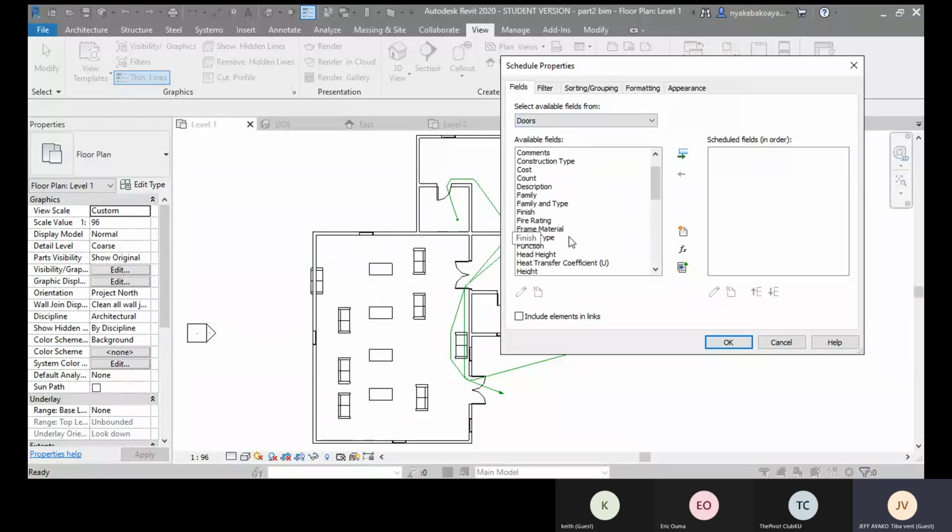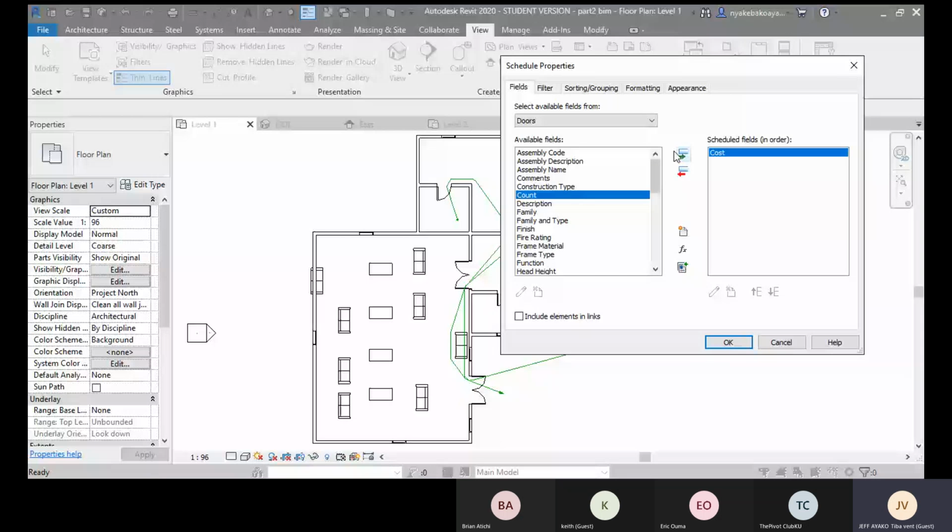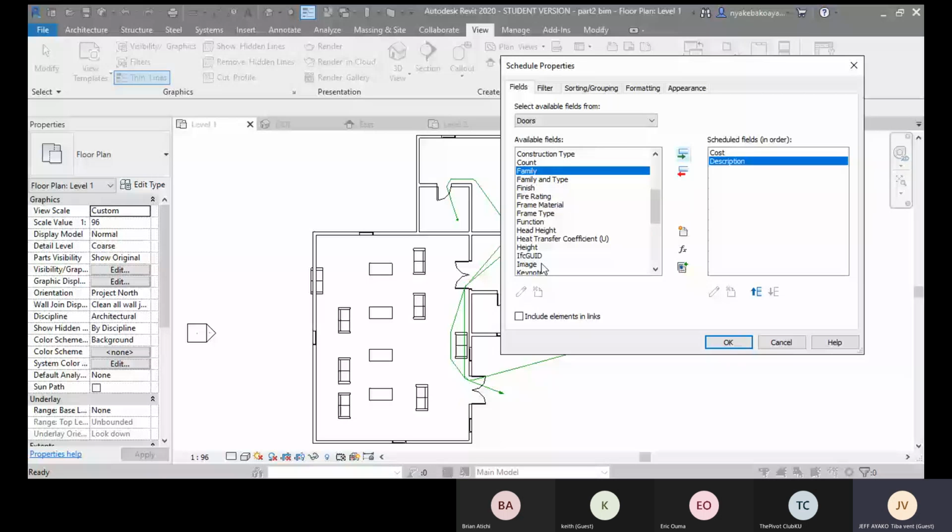Like for instance, one of the things we need to calculate the cost. So click on cost, like our schedule is that list, so our list should have cost as one of the elements. So once you select, then you upload it using this green arrow icon here. You shift it to the other side. Then you can also do things like the description. You can explain what your doors are all about, and what else do we need apart from the cost? We also need